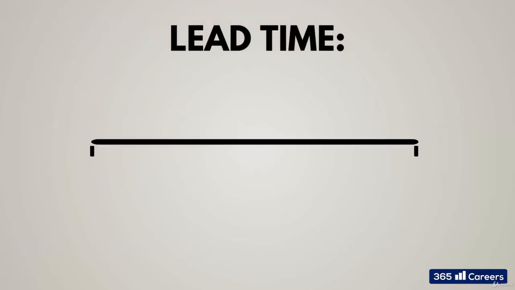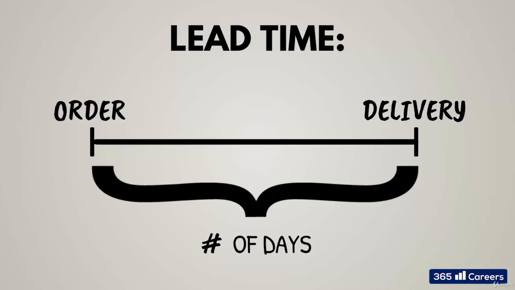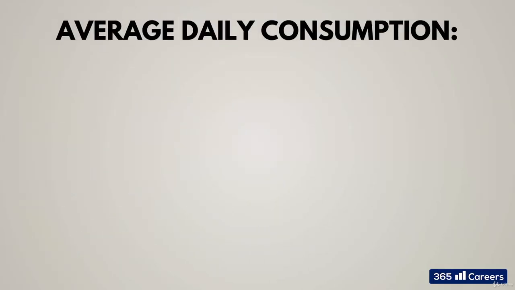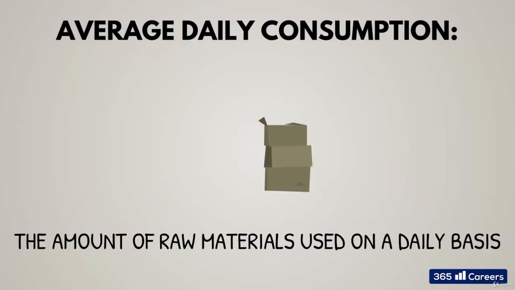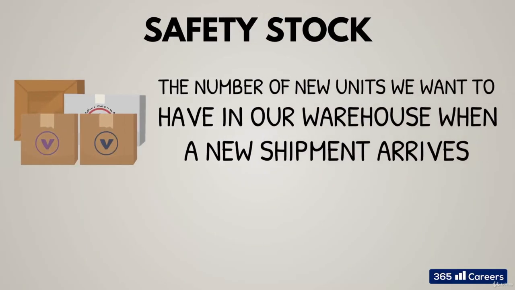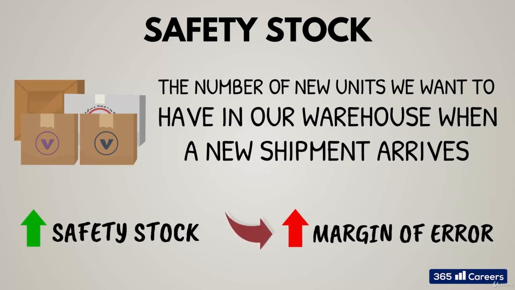Obviously, lead time is the number of days we have to wait for products to be delivered once we place an order to suppliers. Average daily consumption is more than clear too, the amount of raw materials used in our production process on a daily basis. Safety stock indicates the number of units we want to have in our warehouse when a new shipment arrives. If it is higher, we'll have some margin of error in case a shipment from our suppliers comes in later